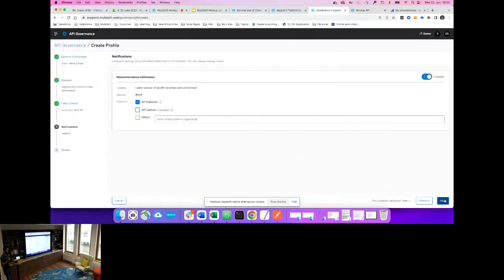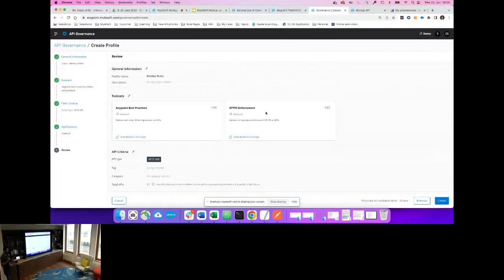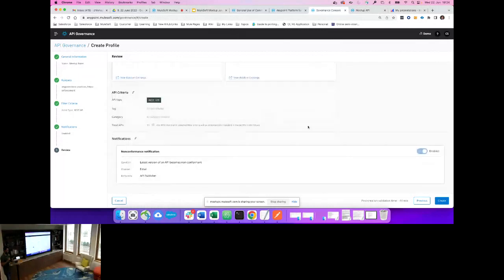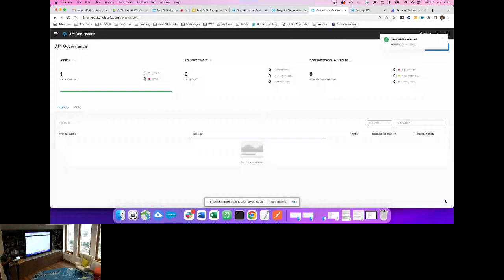And once you click on next, it just does the review of the enforcement of the rule set, API criteria, notification, and then you create that profile. Once you create this profile, it gives you a monitoring or reporting aspect of what the profile is, how many APIs are conformant to the rule sets, how many APIs are not,